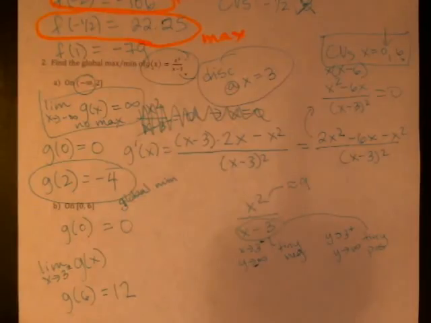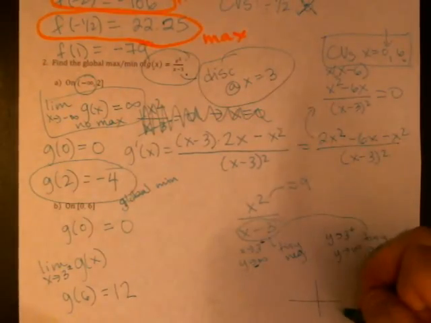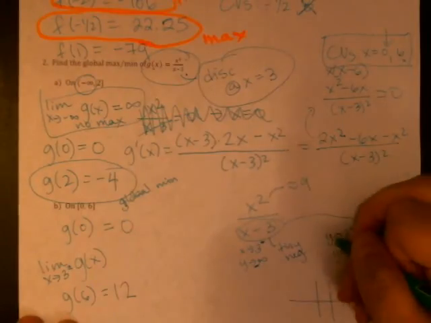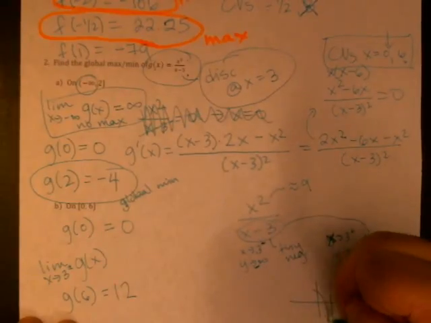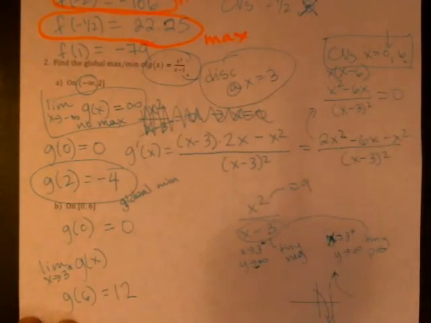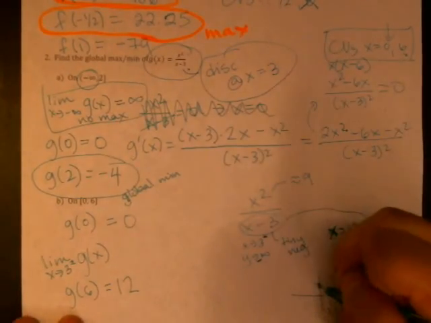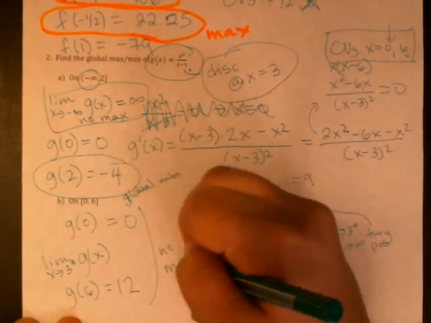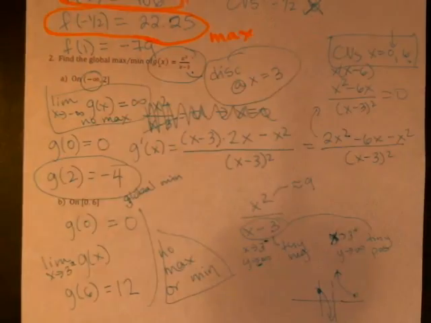Okay, so that's going to wipe out the possibility of having a max and having a min. So what we're getting there is an asymptote. So here's x equals 3. From the left it goes to negative infinity, and on the right it goes to positive infinity. So that's what we're getting going on here. So no max or min on our interval. It doesn't matter that we cut off at critical values. So no max or min. And that's okay with the extreme value theorem because my function